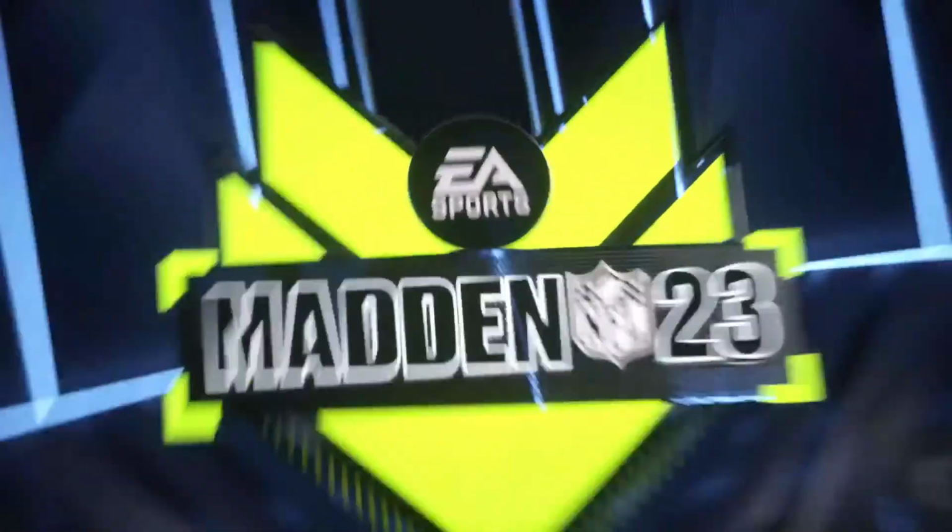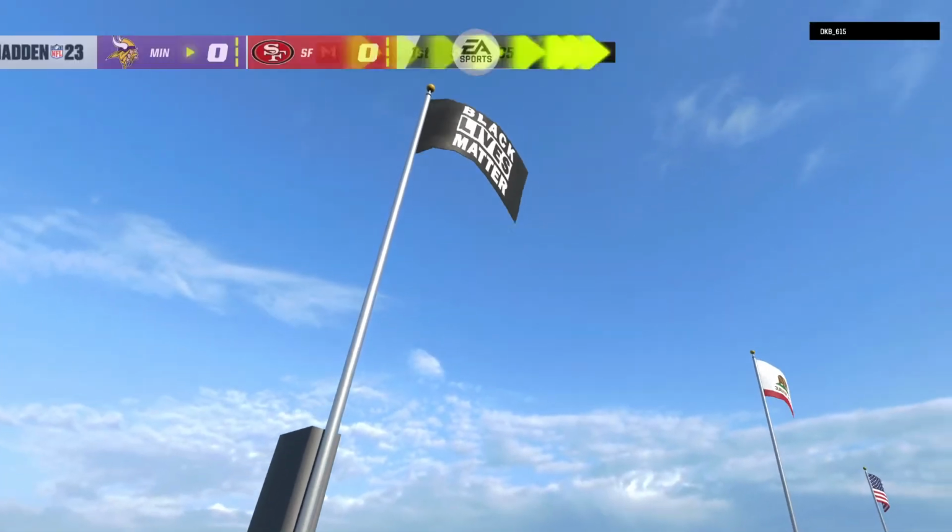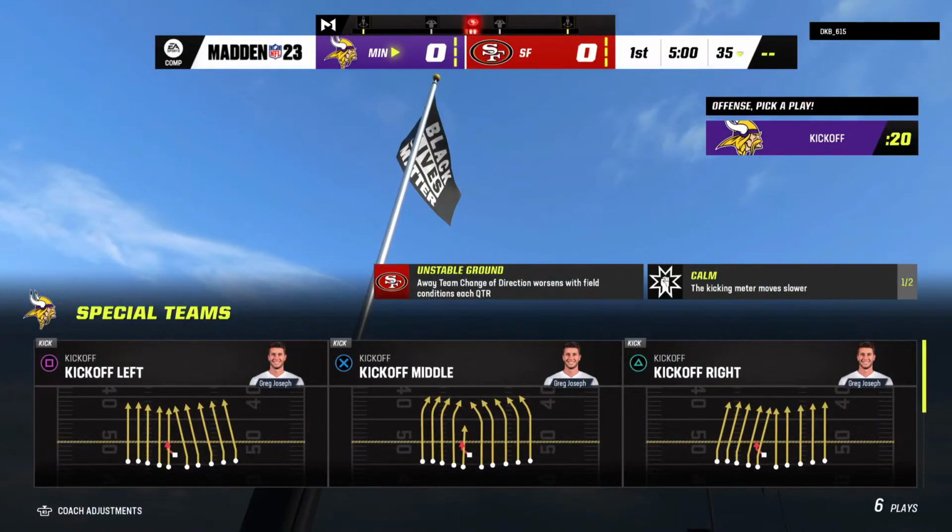The NFL is on EA Sports, and we are in Silicon Valley. Today, we've got a good NFC matchup on tap between the Minnesota Vikings